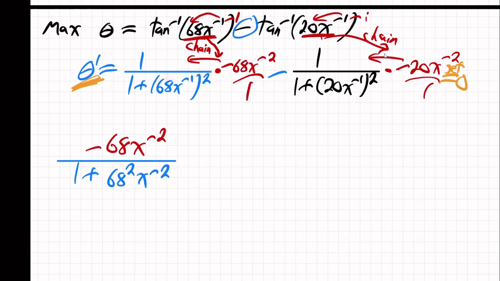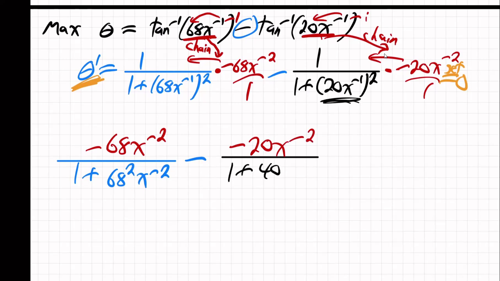This is going to be minus, let's do a different color here if it helps. 1 over, well, actually that minus 20 is going to go to the top. So minus 20x to the minus 2 on the bottom. We've got 1 plus, I'm going to square that, 20 times 20 is 400. You check on decimals if you're not sure. x to the minus 2